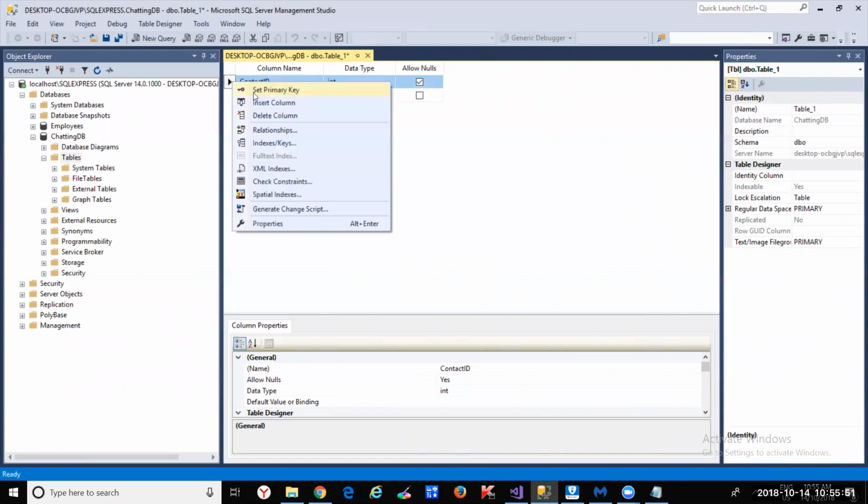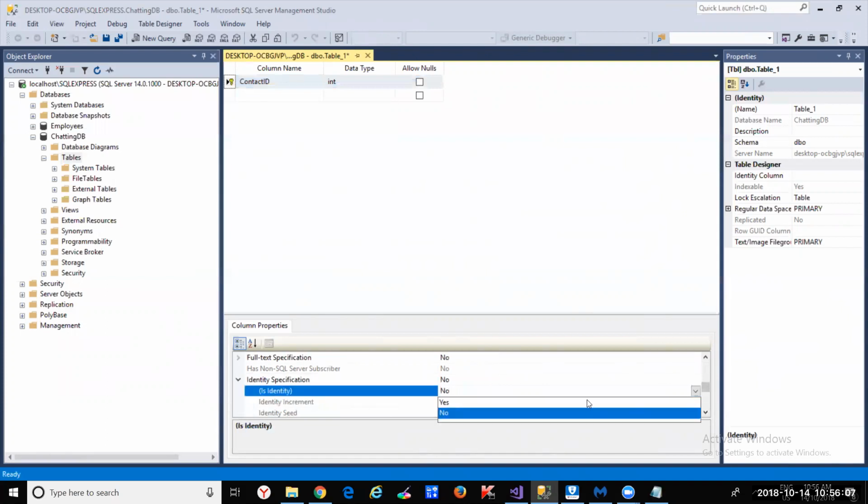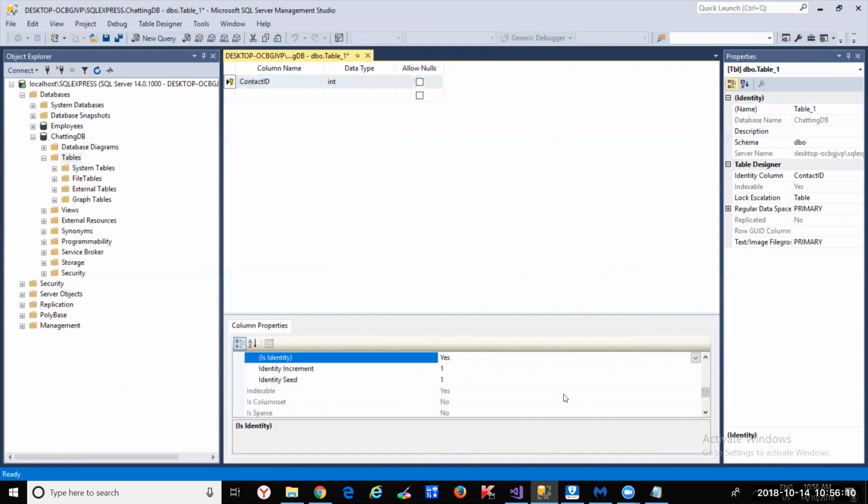So the primary key means it's a unique identity for the database record, or for the table record. So we set this as a primary key. We set this as an incremental value. Okay, this will increment. Every time a record is created, it will increment one by one. Okay, I'll show you what it means. And we'll create a simple one. We'll just call this